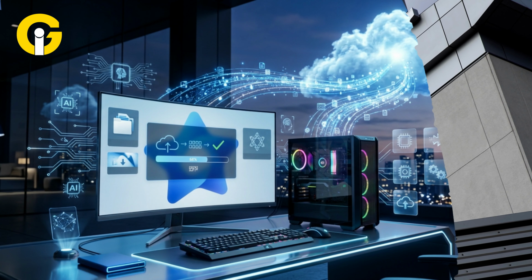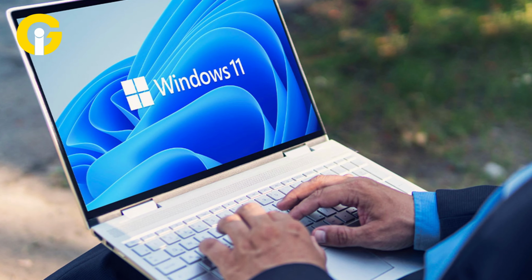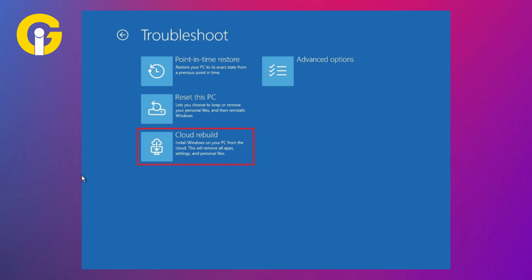Microsoft has announced another new recovery method for Windows 11 PCs that'll allow users to reinstall the OS using the